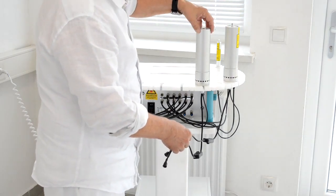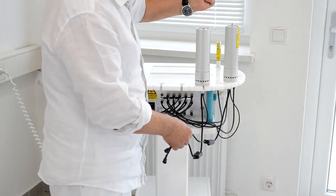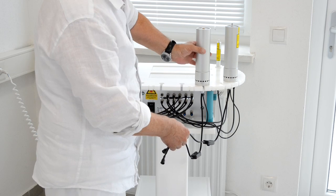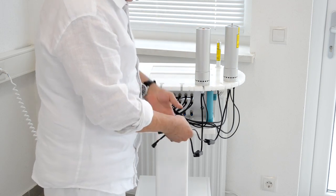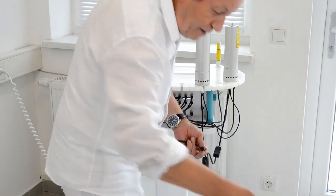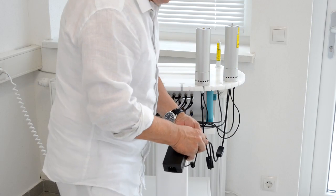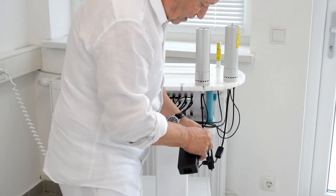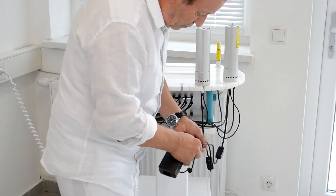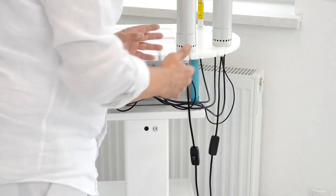These lasers are new developments and very difficult to manufacture. They need a lot of power supply, so we have to connect them with an extra power supply, but they will be regulated by the electronic laser device. So you see, I connect this now. The yellow laser and the ultraviolet one